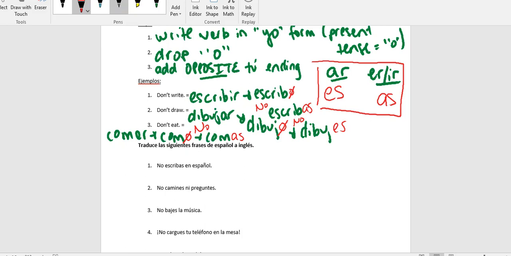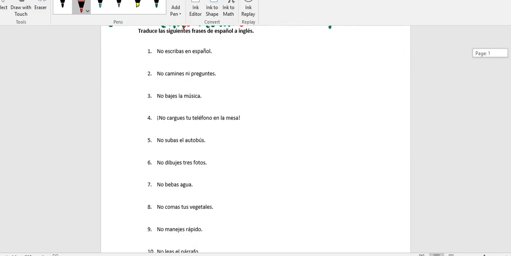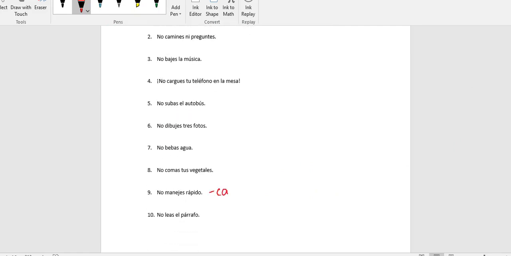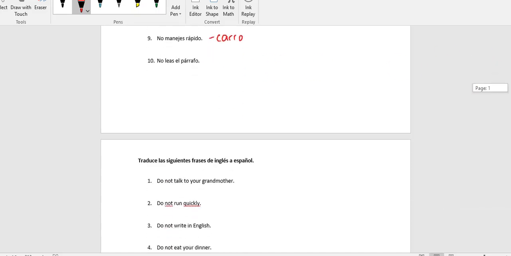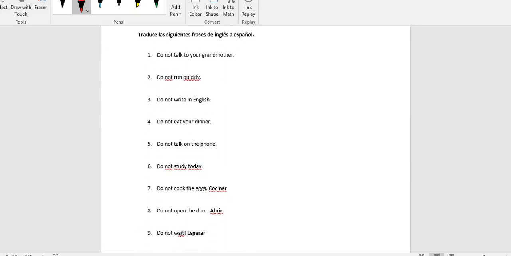Okay, so here you have some ideas. Escribes de español a inglés. Right, so these ones usually students can figure out because we know the roots. Alright, some of these verbs you might not have seen in a while. Manejes has to think of a carro. Okay, you can always look up in WordReference what they are. But this part students seem to do and understand really well. So let's go down to you have 19 de inglés a español.